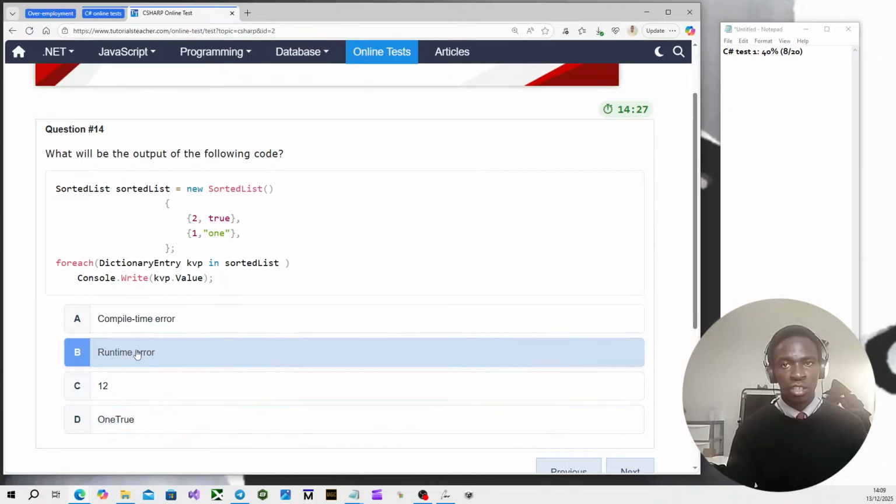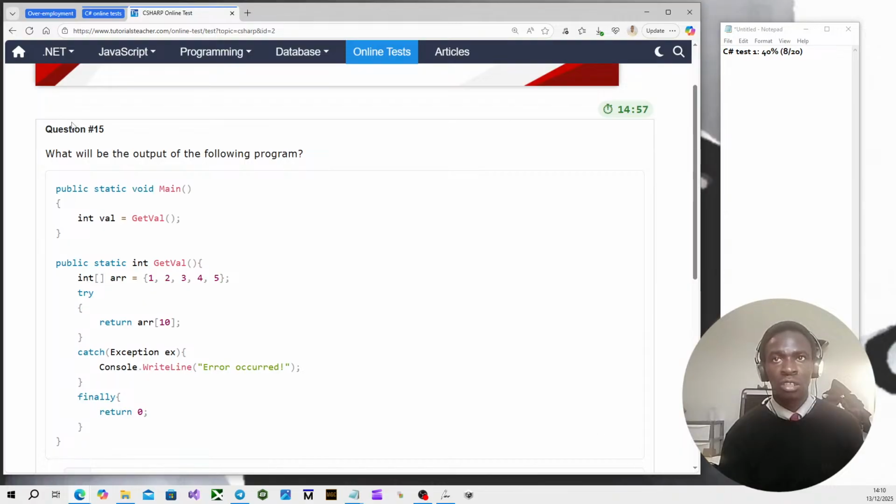So I'm going to go for runtime. I'm going to go for B, guys. I could be wrong. This is question 14. I'm really fascinated by what the answer is. I think it's a functional error. It's either that or it's D. It's either that or it's C, I think. So if I got question 14 wrong, I think the answer is 1, 2. I might be wrong on that.